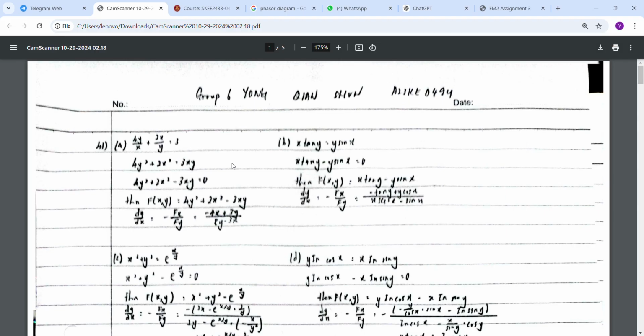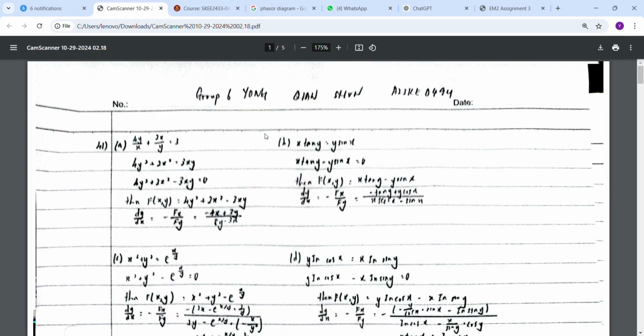Today I would like to explain the questions that Dr. asked us to do last week, which are question 41 until 50, and also question 94. So for the first question, 41A,